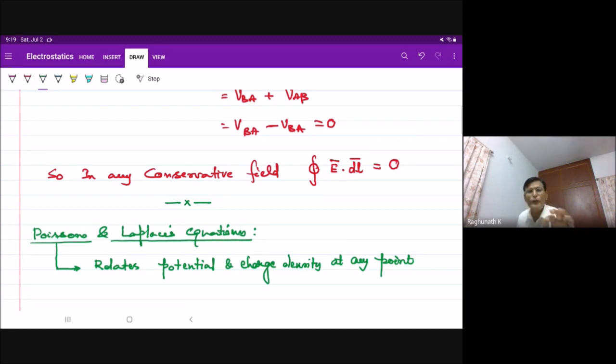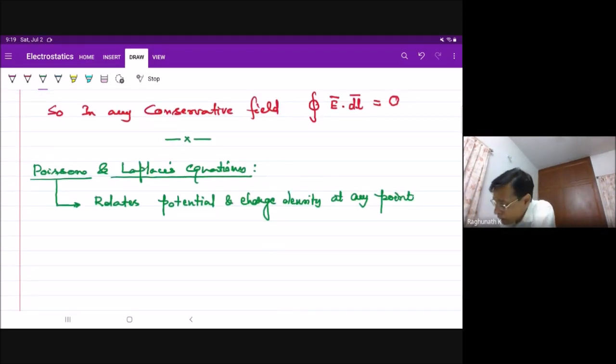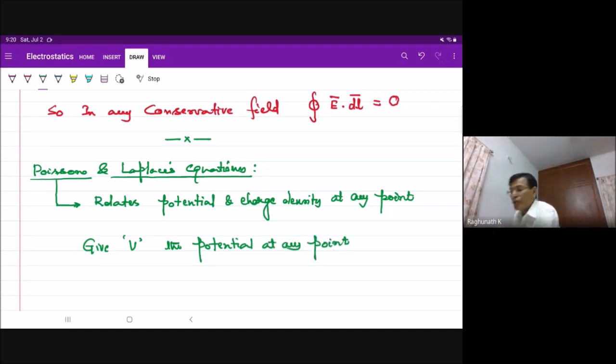Because it is very simple to derive, I will take it up now. Given V, the potential at any point,